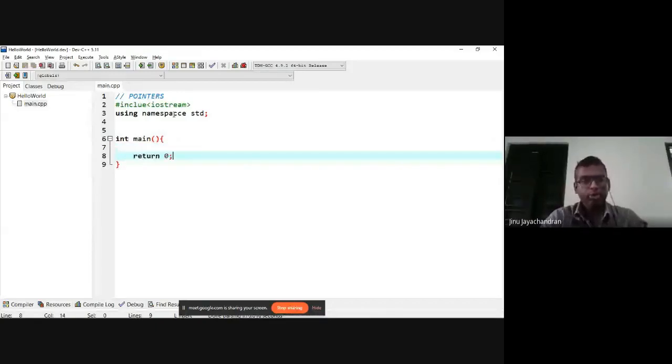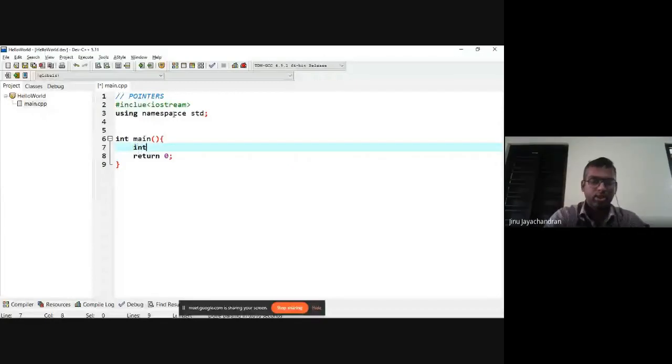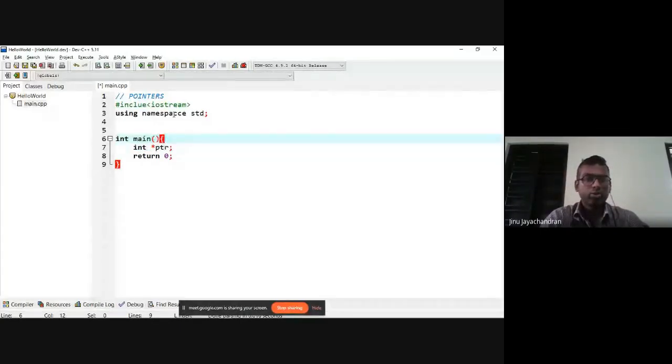So what I'm going to do is declare a pointer. How will you declare a pointer? You select the data type to which the pointer is going to point, then star, then ptr. ptr can be any name, so I am just naming the pointer ptr.